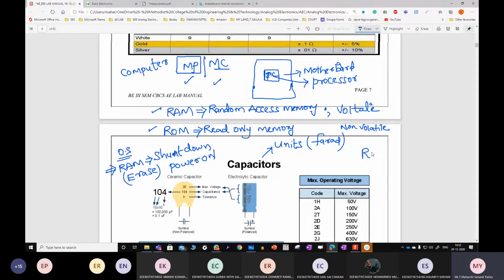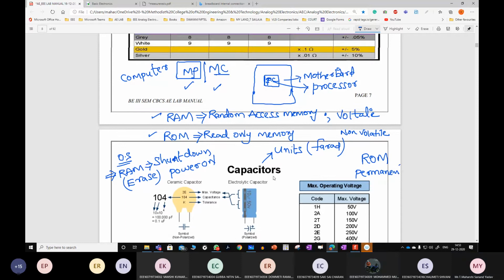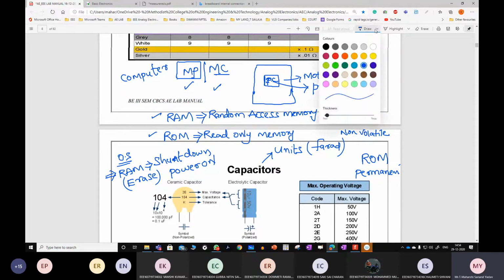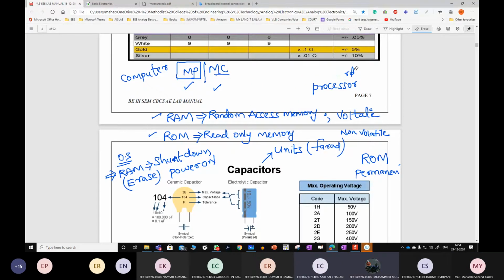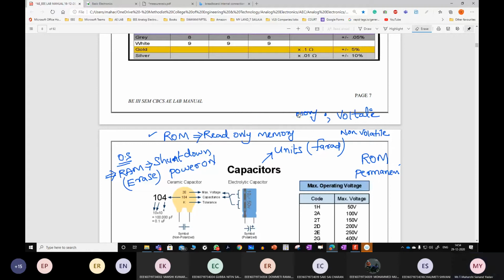Then what about ROM? This is permanent storage. In your mobiles, you have heard about flashing a mobile. Any idea on that? What is flashing of a mobile? Resetting all the memory. It will clear all the information that is present in ROM. If everything is cleared from the ROM, what will happen? Can you boot your mobile?